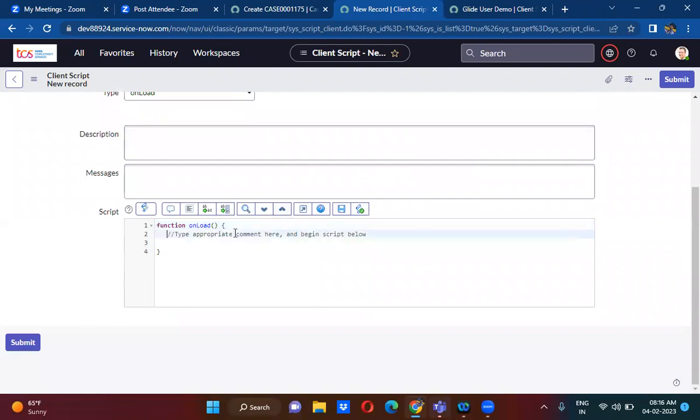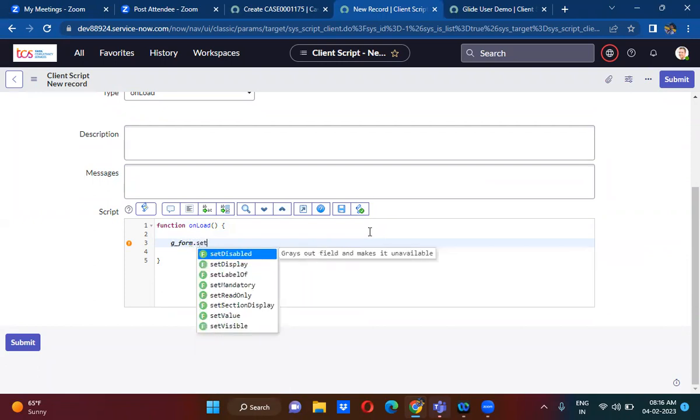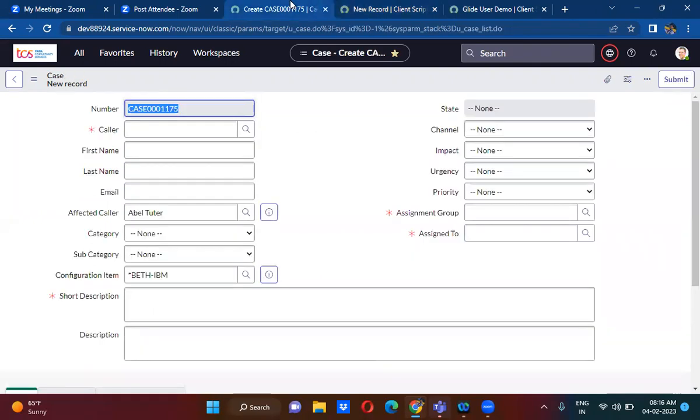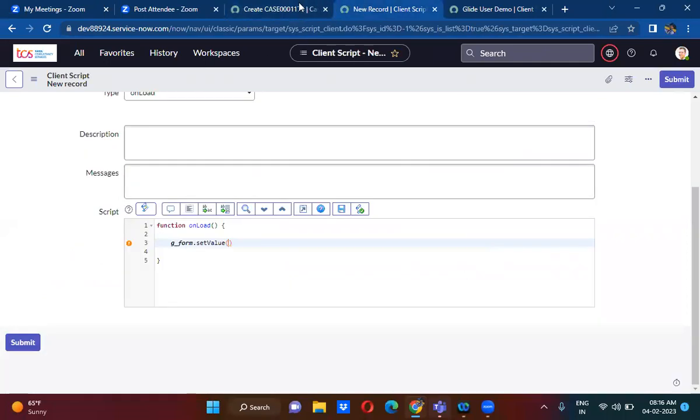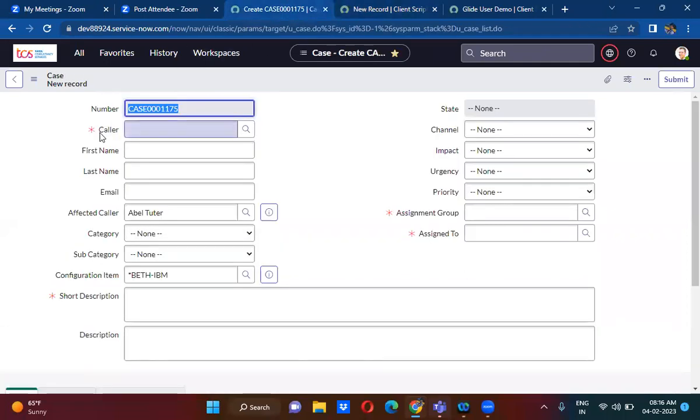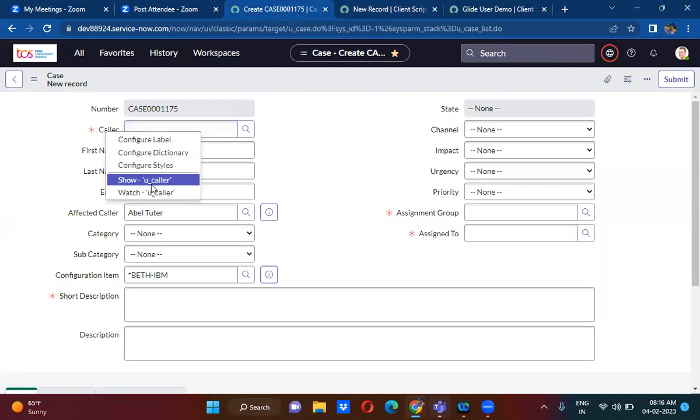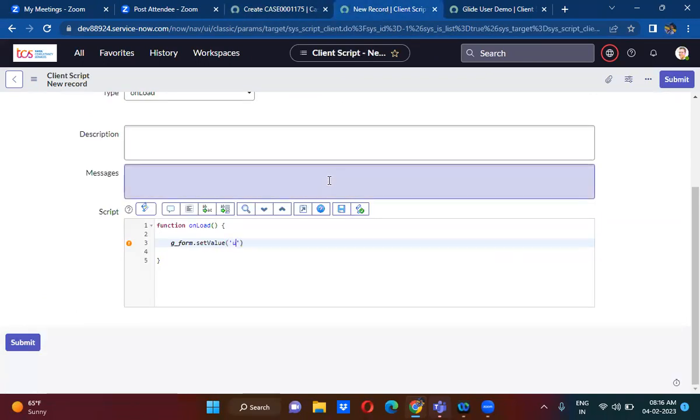We have learned about the GlideUser API and GlideForm API, right? Those GlideUser and GlideForm APIs we have to use here. So here, g_form.setValue. setValue is used to set the value of a particular field. Which field value do we have to set? The caller field value. What you are seeing is actually the label. If you right click on this, you can see the name of the field, that is u_caller. So you have to take the name of the field, u_caller,